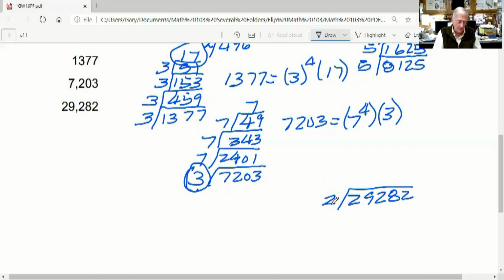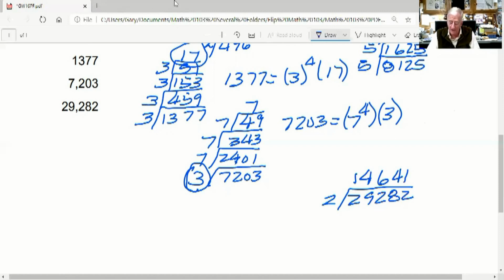29,282. Whoop, I didn't get it in there right. Let me try again. 29,282 divided by 2 is, all right, 14,641. Well, it appears that I'm not going to be able to use 7 to divide into this because I